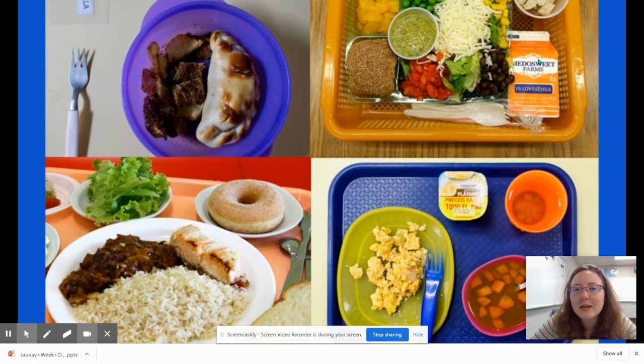And once we'd finished that, we talked about what our school lunches would look like to someone who's coming to America for the first time. And so students discussed the impressions a person might have who visited a cafeteria at their school and what they might assume about Americans and the way Americans eat from looking around at people's plates.